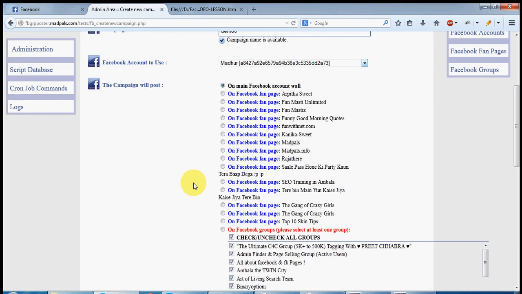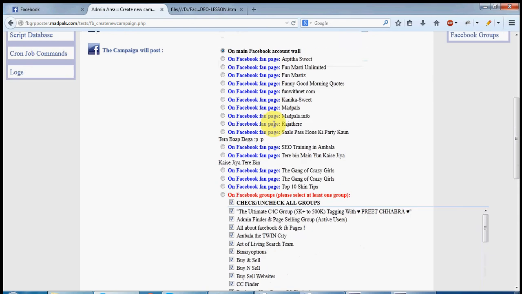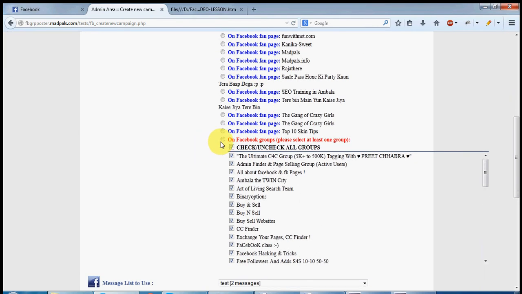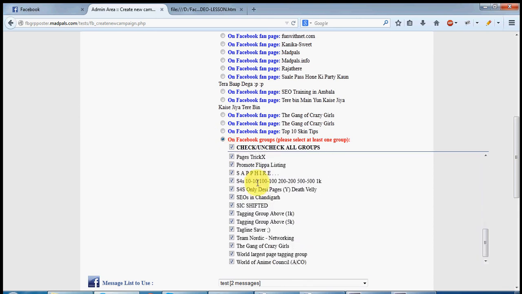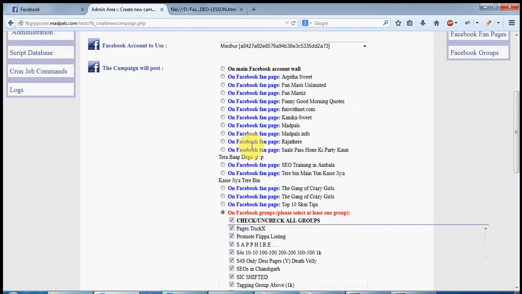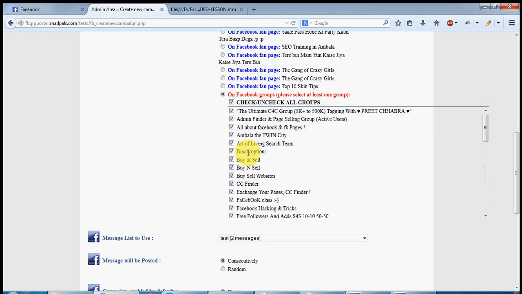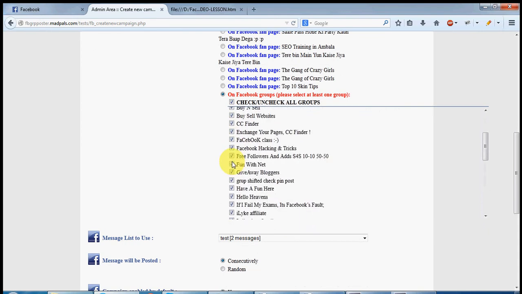If you want to post on Facebook fan pages, you can click here, or if you want to post on groups you can select here, and you can choose in which group you want to post. You have all the freedom. If you don't want this group you can remove it.